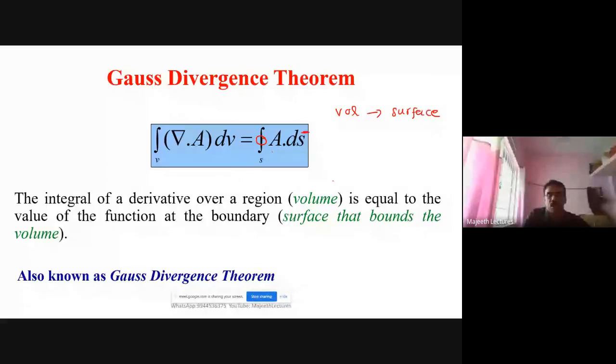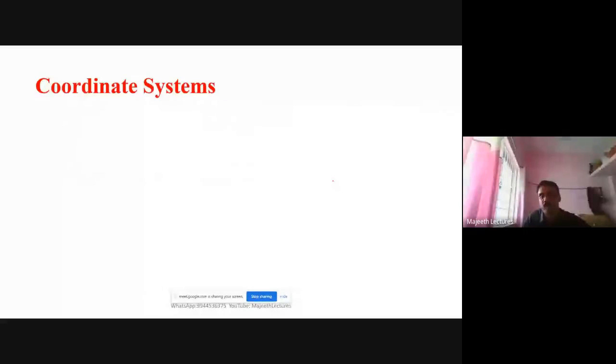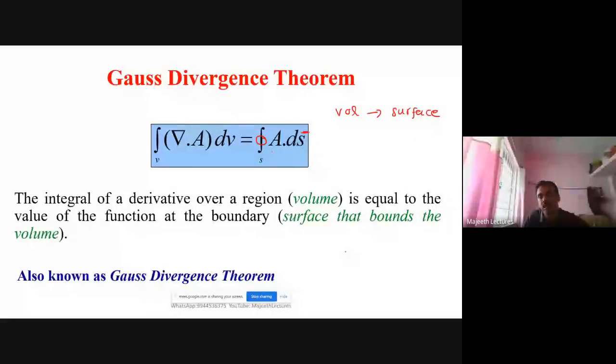That's what is important about this. What is that? Line and its end, that is nothing but point, that is gradient theorem. Surface and its end, that is closed line or curve, that is Stokes theorem. Volume and its end, that is closed surface, right? That is called divergence theorem, right?